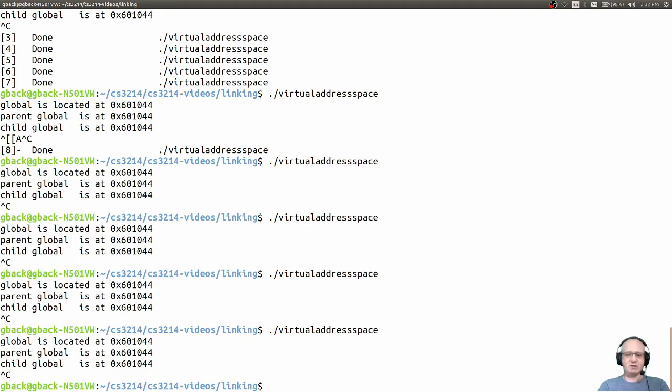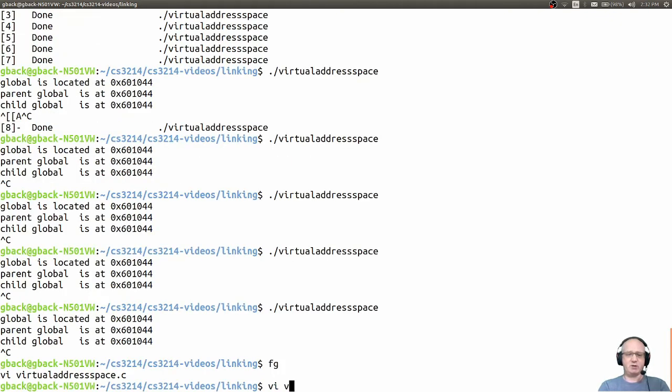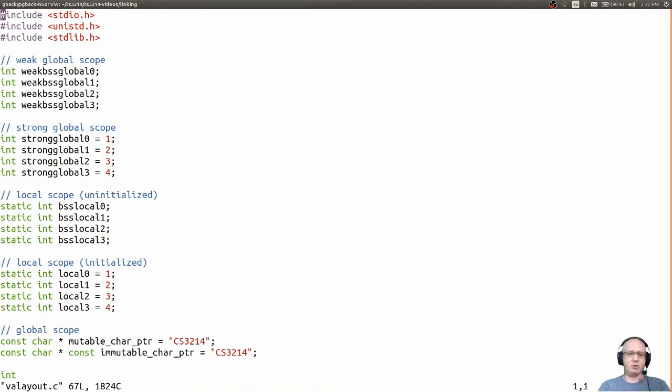Now, let me extend this experiment a little bit and look at more than just a single static global variable. I did a small experiment and added a few more variables. I added variables that are global in scope, not static. I added some that are not program initialized, and some that are program initialized. And I added global variables that are local in scope. They have file scope from the linker's perspective. They are called locals, right? And some of them are initialized and some are not.